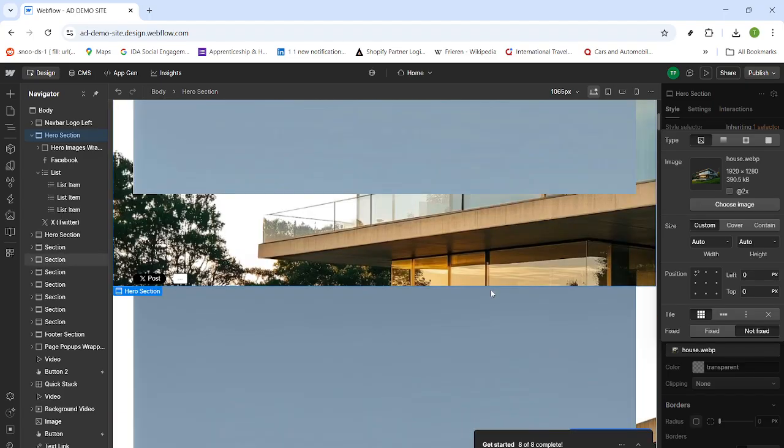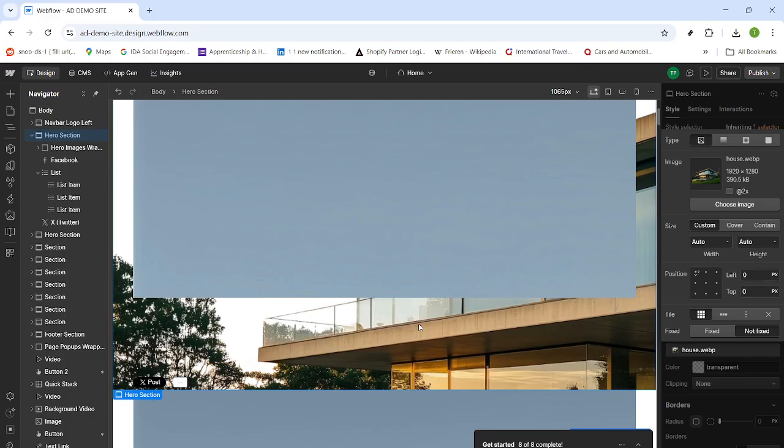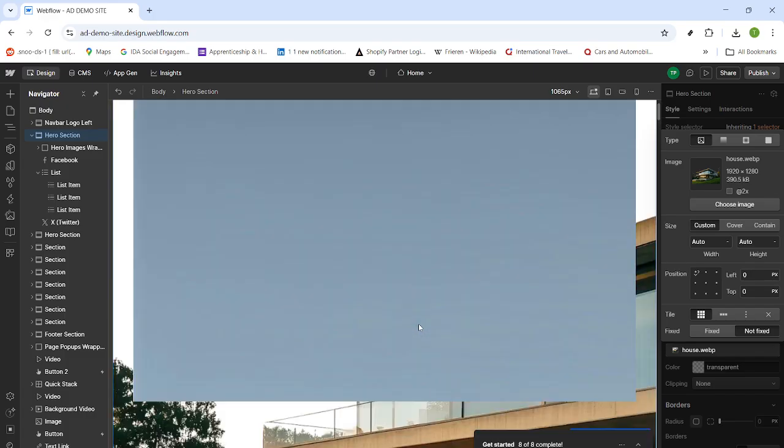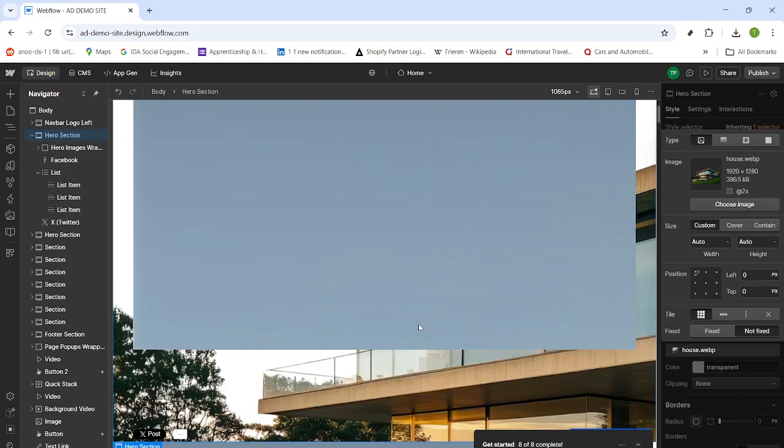When you're done, that's it. The background image is updated. Webflow saves as you go, so you can continue designing or come back later knowing your changes